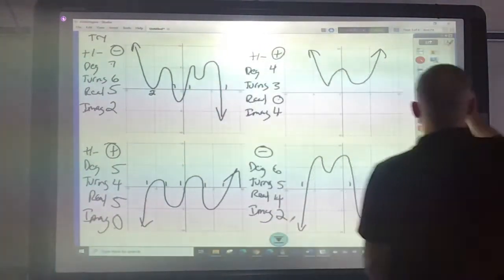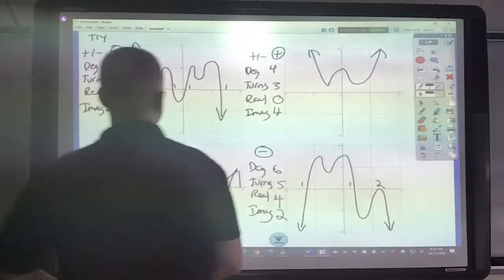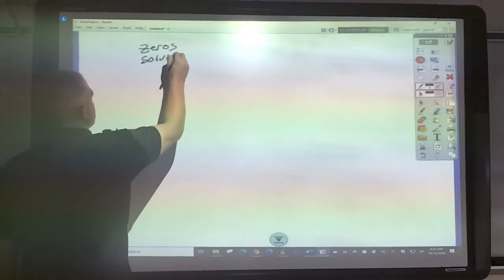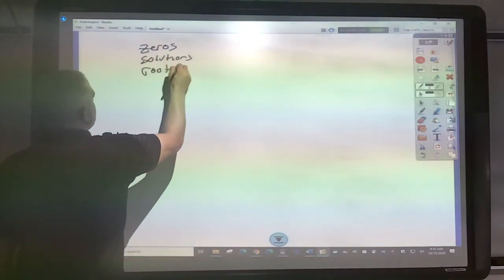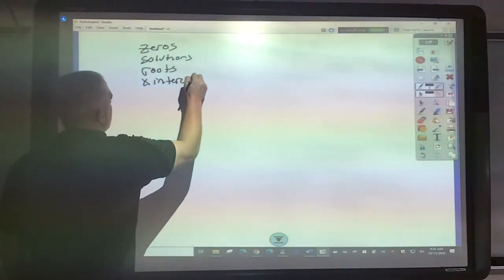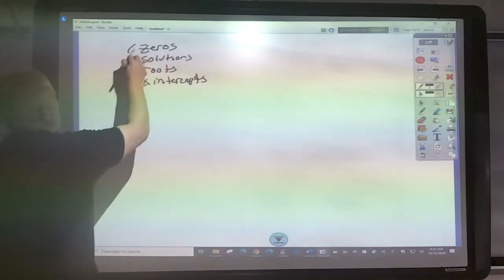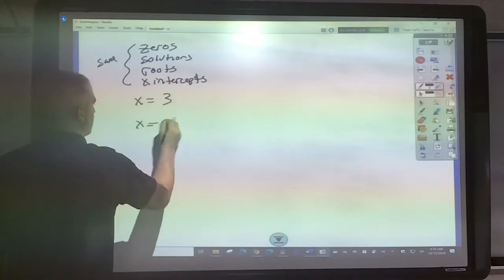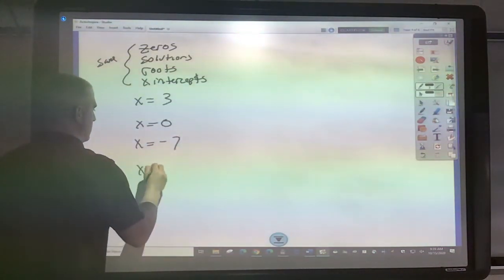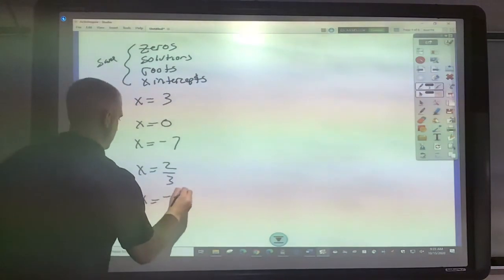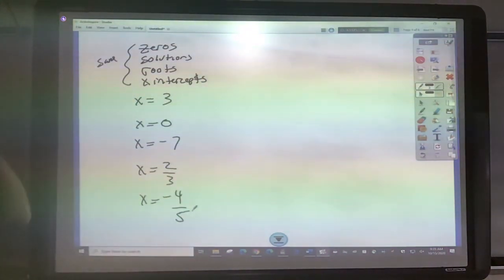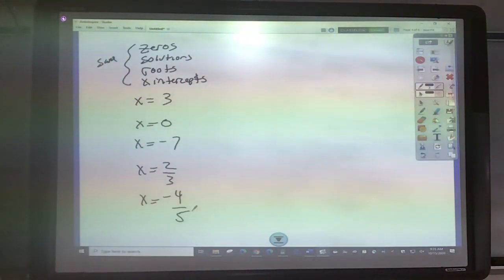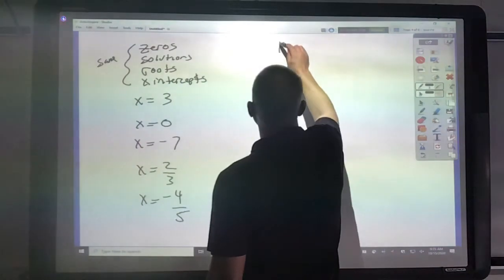Okay? Now, the next thing is this concept of zeros. These words, zeros, solutions, roots, x-intercepts, they all mean the same thing. Okay, these are all the same thing. All right? They look something like this. Okay? Now, one thing that we're going to have to be able to do in this chapter is convert things